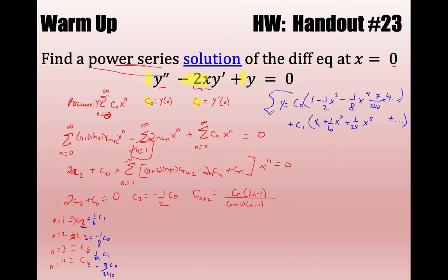Okay, so here is my solution with my arbitrary c sub 0 and c sub 1. Let's pretend that I had given this as an initial value problem, and I had told you that y sub 0 was equal to 0, and y prime of 0 was equal to 1. If I had given you that, remember, y of 0 is the first coefficient, and y prime of 0 is the c sub 1 coefficient. So plugging those in, I would get